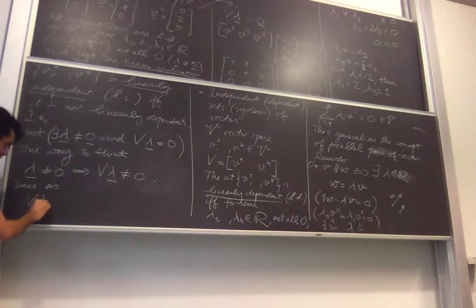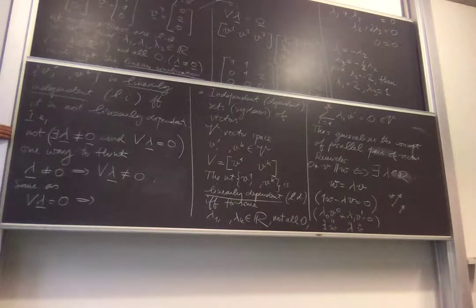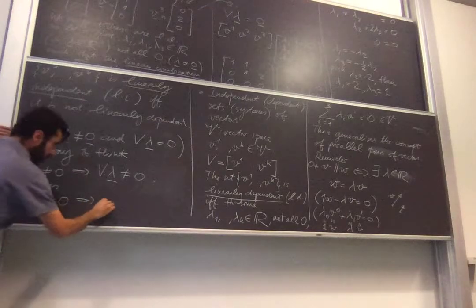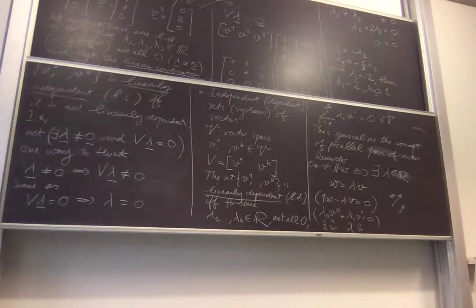It says that v lambda equals 0 implies what? Remember the contrapositive: A implies B is equivalent to not B implies not A. So this means that v lambda equals 0 implies lambda equals 0. In other words, in more human words, this means that the only way to nullify the linear